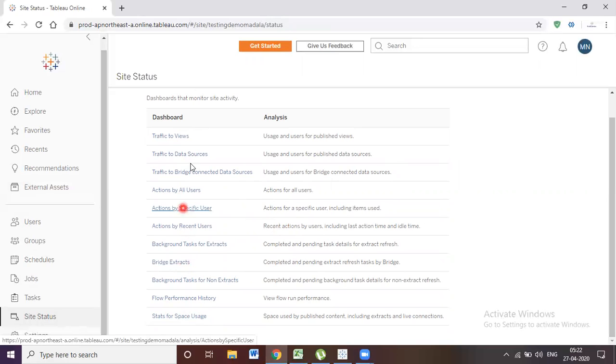And status of space usage, how much space you have utilized in your server, and how much space is left. These are the things you are going to check as a site administrator. These are the custom views created by Tableau by default.